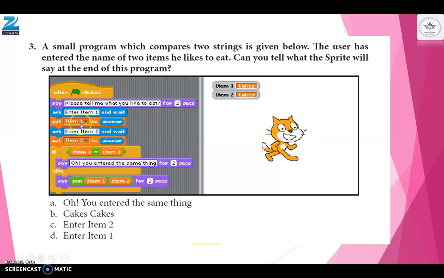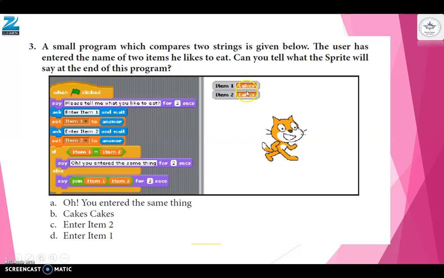Both are stored in different variables. Then using this comparison block or condition operator, we are comparing this. If item 1 equal to item 2, then say, oh, you entered the same thing. Else say, join item 1, item 2 for 2 seconds. Okay, so we understand that if they enter the same item, then this first block will run. If different item, then second block will run.